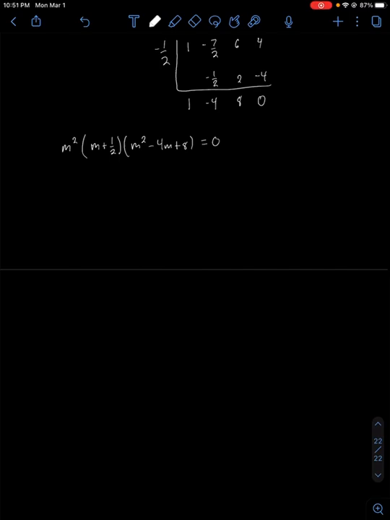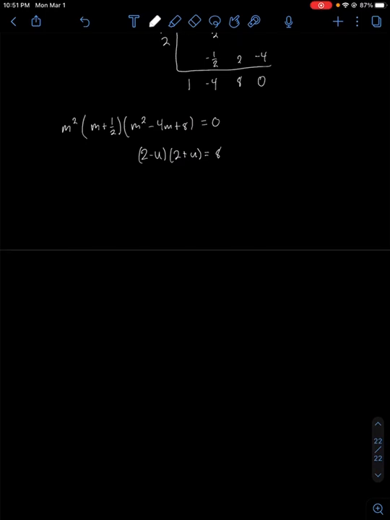Negative b over 2 is 4 over 2, which is 2. 2 minus u plus u equals 8. 4 minus u squared, 8 minus u squared is 4. u equals 2i,